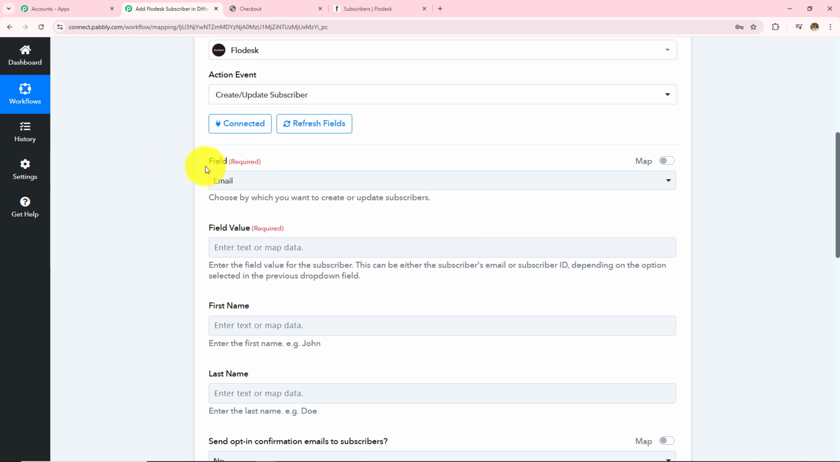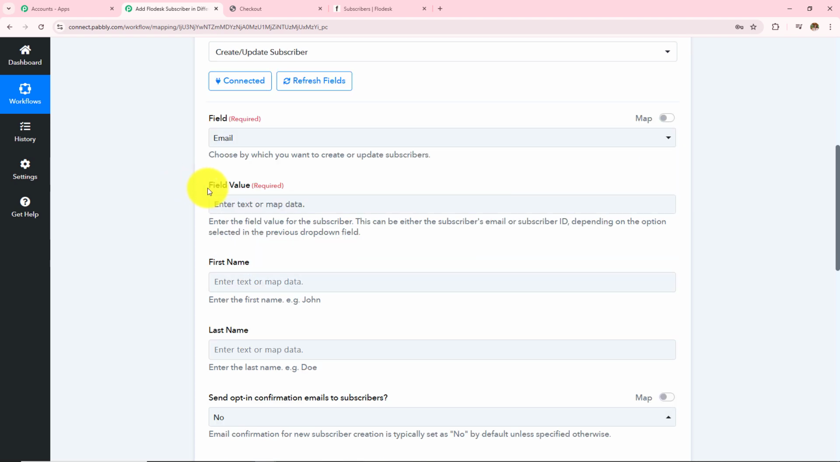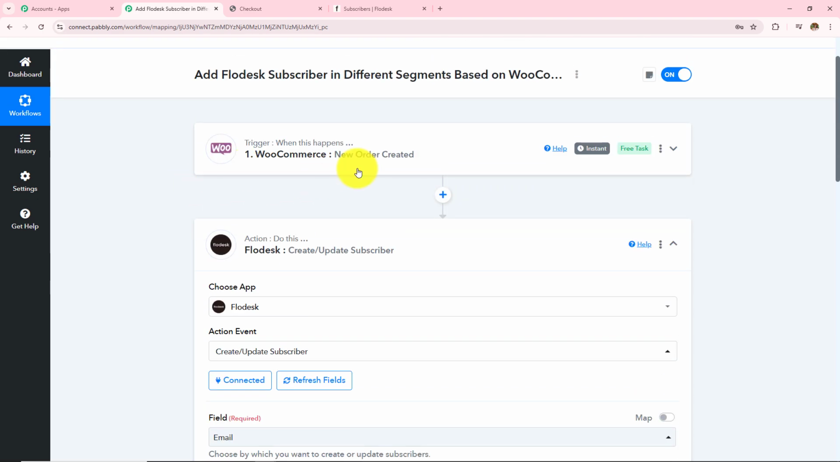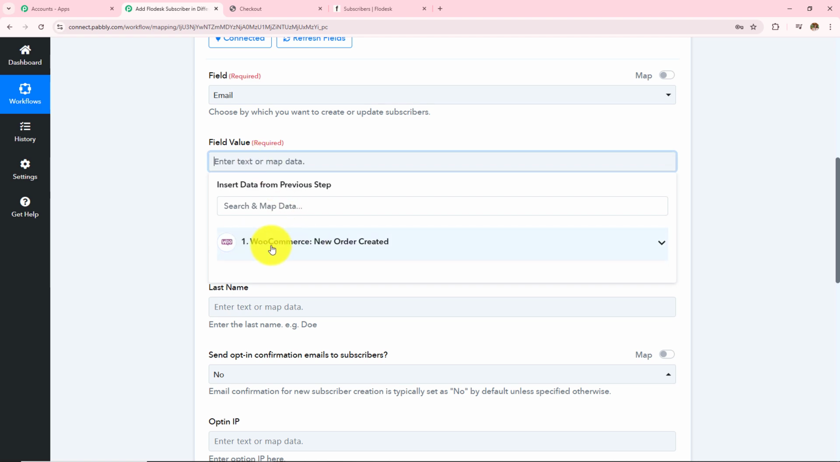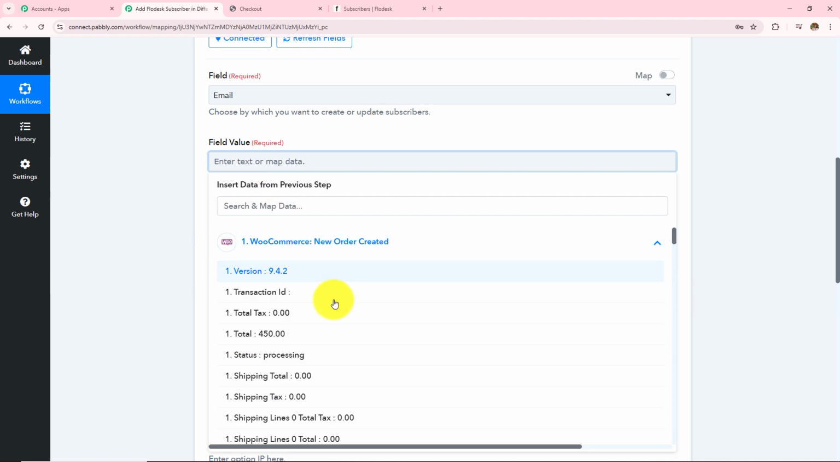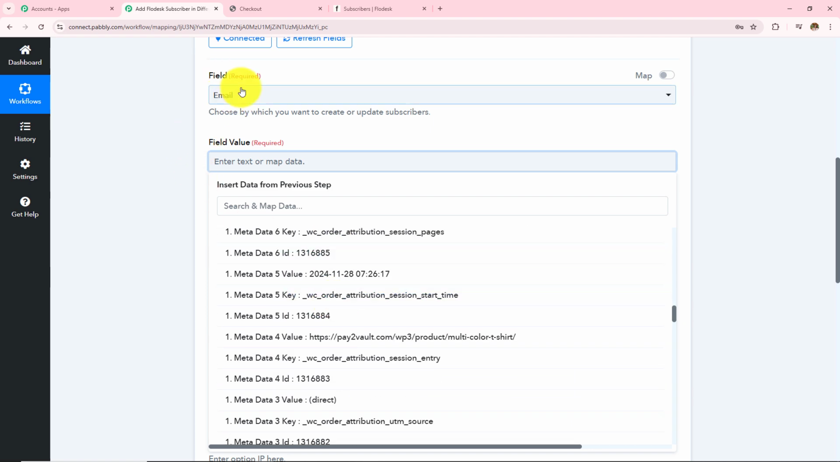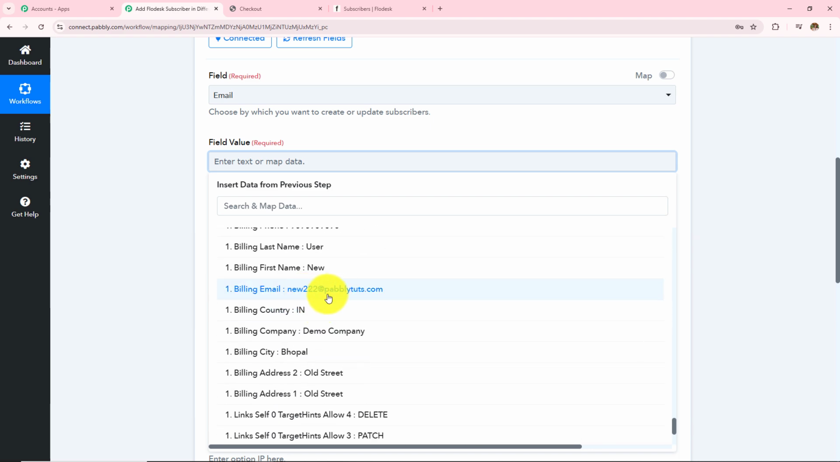So the first one is I have to select the field in which I want to select the email from this drop down itself. Next I have to select the field value. So I'm not going to enter this manually. Instead, I'm going to use a method called mapping, which means I'm going to enter data from my previous response. So here I have received the response from my WooCommerce, and when I click on this field value, I can see this WooCommerce, and when I click on this, I can see all the response that I have received from there. So I have taken the field as my email, and the field value will be the response that we have received, which was this one,